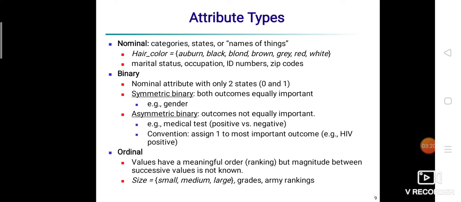Next is your interval scale. Interval scales are numerical scales on which we know both the order and the exact difference between the values. For example, the Celsius temperature, because the difference between each value is the same. For example, the difference between 60 degrees Celsius and 50 degrees Celsius is 10 degrees, the same as the difference between 80 degrees Celsius and 70 degrees Celsius.